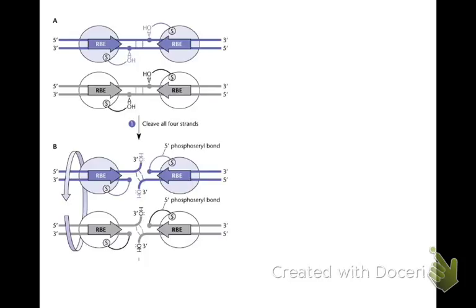So first of all, I want you to notice that there are 4 enzymes. Here is our donor DNA, and here is the target DNA. We've got 4 enzymes. Each one is binding to the recombinase binding element. That's what the RBE stands for. You'll see slightly different nomenclature in other papers. It depends a little bit on the field, but basically the enzymes are going to recognize a particular sequence in